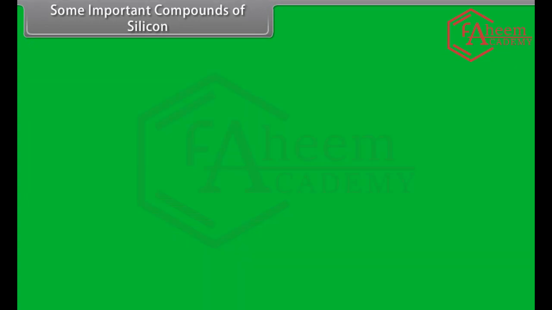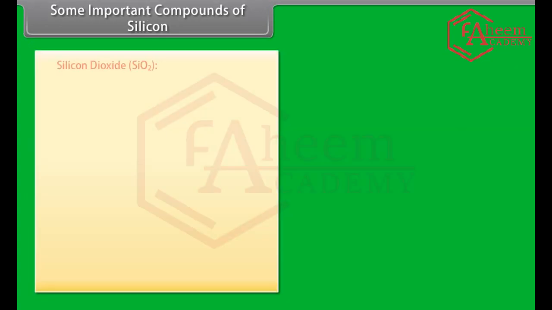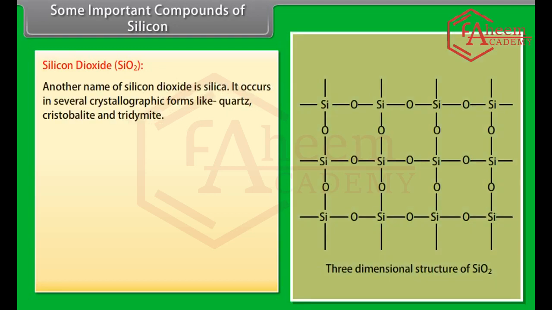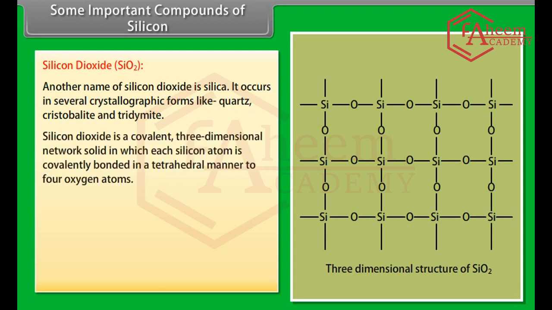Some important compounds of silicon. Silicon dioxide. Another name of silicon dioxide is silica. It occurs in several crystallographic forms like quartz, cristobalite, and tridymite. Silicon dioxide is a covalent three-dimensional network solid in which each silicon atom is covalently bonded in a tetrahedral manner